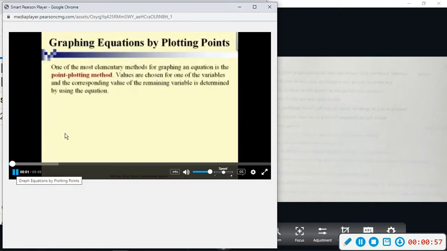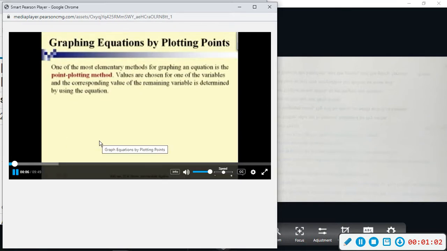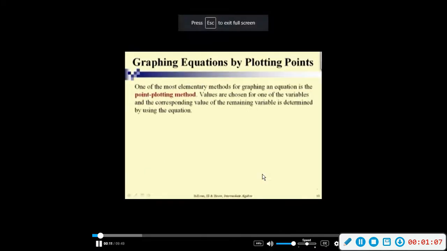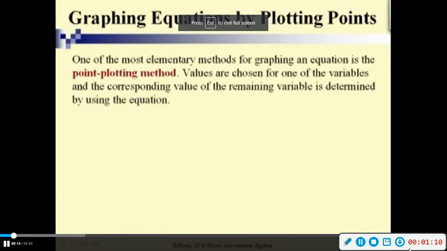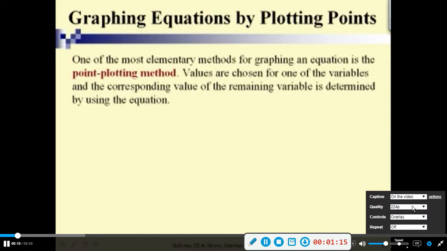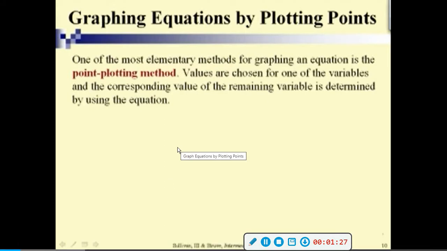Simplest method for graphing an equation. Again, when I say the graph of an equation, it's a graphical or geometrical way of representing the solution set to the equation in two variables. The simplest method for graphing an equation is the point plotting method. Quite literally, what we do with this method is we choose values of one of the variables, substitute this value into the equation, and figure out the value of the other